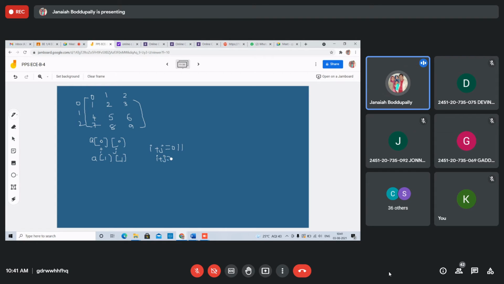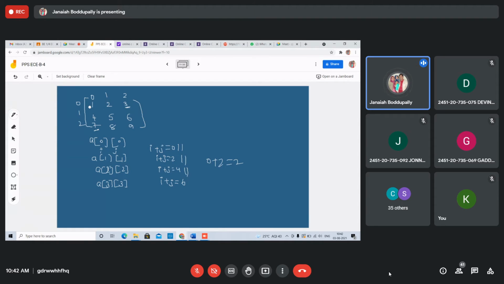I plus j equals to 2, or if you take 1, 2, 3, that's an odd number. 2 plus 2 is I plus j equals to 4, or a of 3, 3. That is 6. I plus j equals to 6. But up to only this one. This is 0 plus 2. 1 plus 1 or 0 plus 2 also you will get 2. This element 3, 0 plus 2. This is also 0 plus 2, 7. So these two also will be added to 3 and 5.